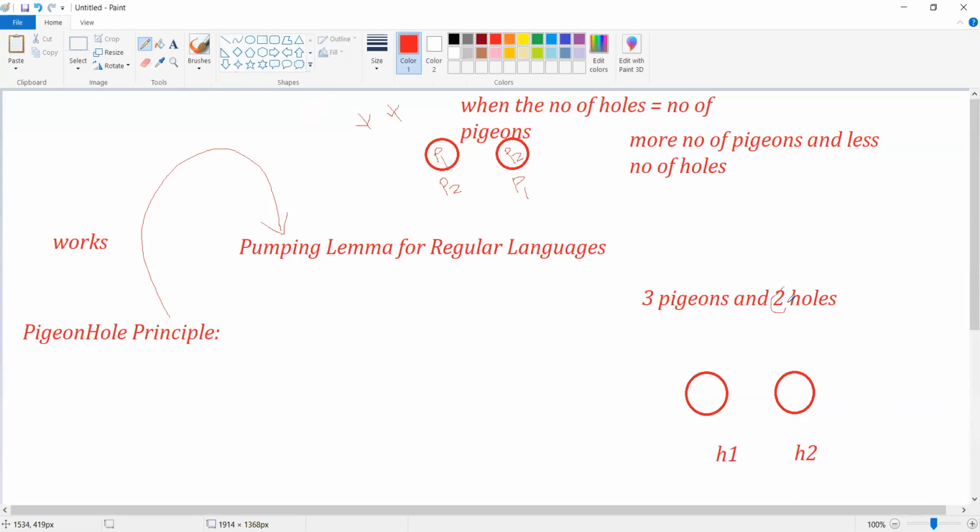Within these two holes, we now need to accommodate three pigeons. How do we accommodate three pigeons in two holes?